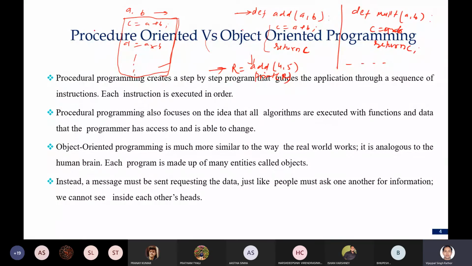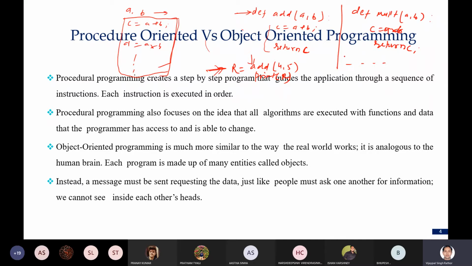Okay, so here I have written it: if you want to perform some arithmetic operation, you can take a and b as input, and then write c equals a plus b, performing the operations by writing code this way. Or second, you can write a function like def add a comma b, c equals a plus b, and return c. Then you call this function in order to execute this code. Similarly you can do this for multiplication. But how will this function be executed? If you want to execute this function, you need to call it in some main module.